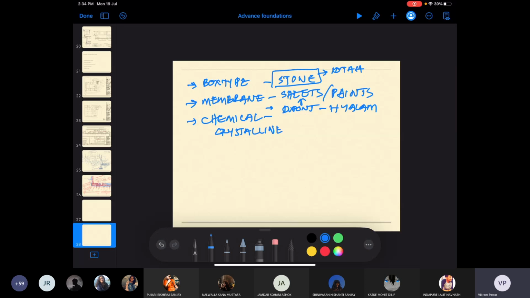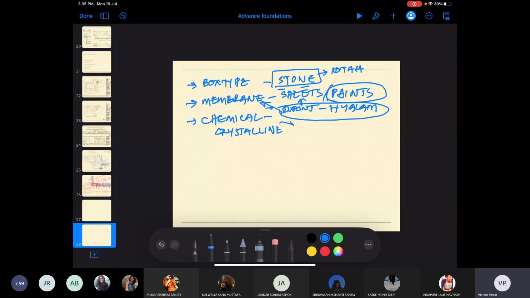The main problem of membrane waterproofing is the joints. That's why paint applications became more popular later on. But paint applications are not robust. They are vulnerable because they depend on the workmanship on site and the mixtures. There are a lot of variables. So ideally, you should look at stone waterproofing or membrane waterproofing with welded sheets, or there are glues which make the overlap joints so rigid that they don't come off or break easily. So that is membrane waterproofing.